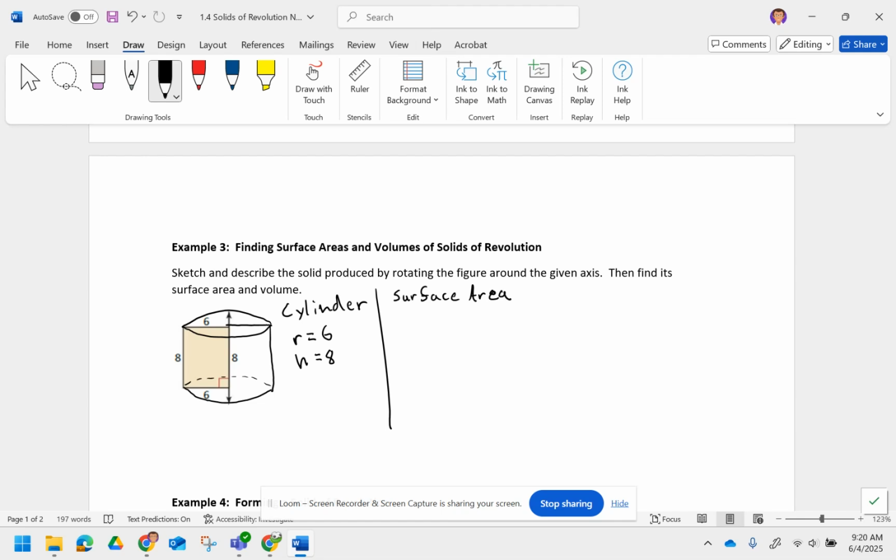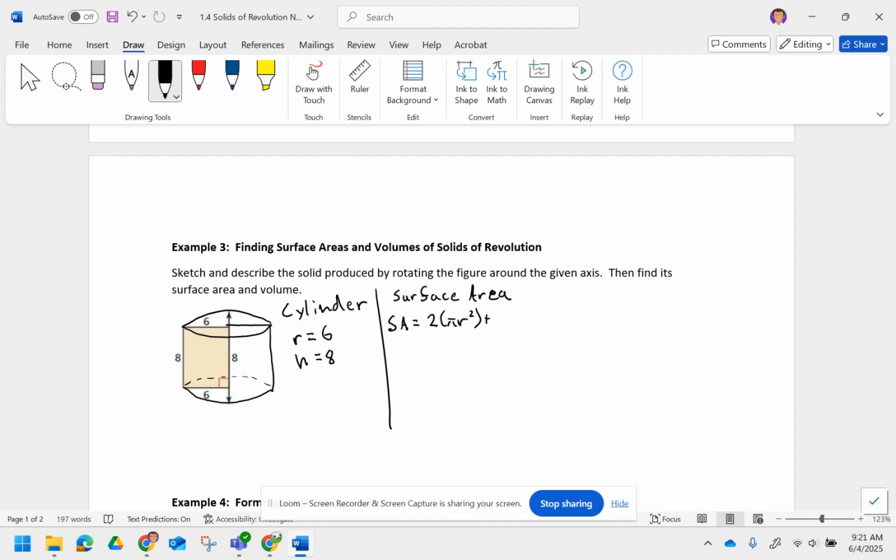So on the outside of this, I've got a circle at the top and a circle at the bottom. I'm just going to put SA for surface area. I've got these two circles that I need to know the area of. Well, the area of a circle is pi r squared, and we have two of them, so I'm going to put 2 pi r squared